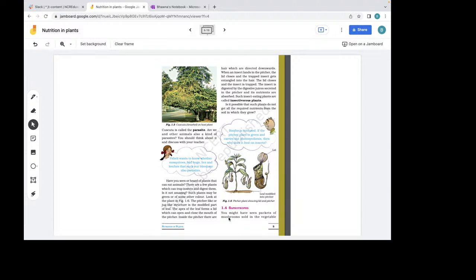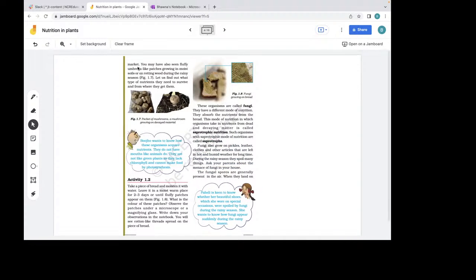You might have seen packets of mushrooms sold in the vegetable market. You all must have seen mushrooms, right? They are white in color. You must have also eaten mushroom dishes, yeah? You may have also seen fluffy umbrella-like patches growing in moist soils or on rotting wood during